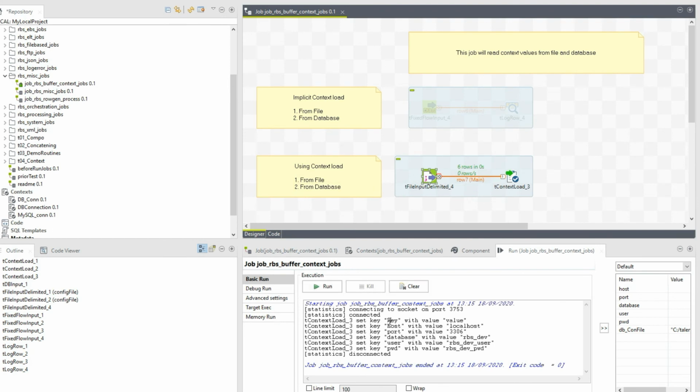Alright, so as you can see, the host and all these variables have got proper values from the file that we read. So this concludes loading the context variable file explicitly in a particular job. If these variables are not used in some other job, then there's no point in doing the implicit load and unnecessarily passing all the variable values. So any job specific or batch specific context can be used in this way.